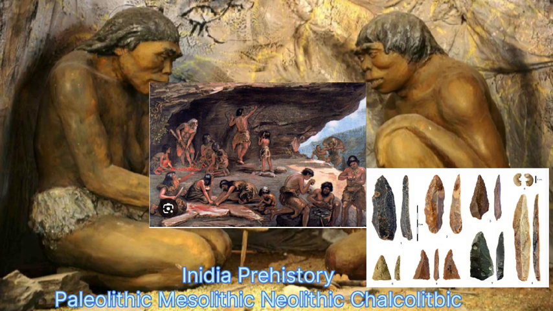Technology: introduction of microliths, tiny stone tools usually less than 5 centimeters, geometrically shaped like lunettes, triangles, and trapezoids, hafted onto bone or wooden handles. Society and culture: first phase to show evidence of intentional burial of the dead. Grave goods like ornaments suggest early beliefs in afterlife. First human colonization of the Ganga Plains.